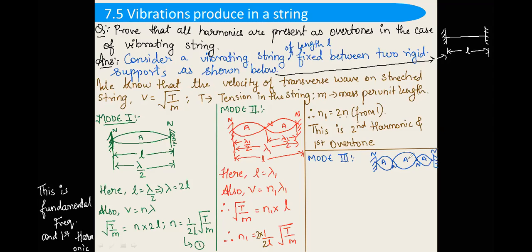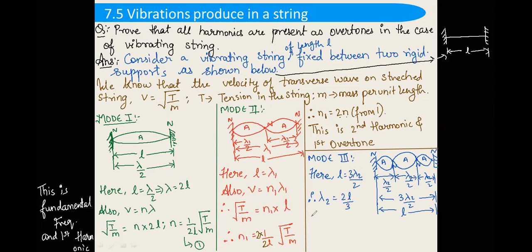If you see, how many loops are there? There are 3 loops. The distance between alternating nodes is lambda by 2. So this is lambda 2 by 2, this is lambda 2 by 2 again, and next is lambda 2 by 2 again. So in general, how many lambda 2 by 2s are there? There are 3 lambda 2 by 2, right? 1, 2, 3. So 3 lambda 2 by 2. And the length of the string is small l. So we can say here, the length of the string is 3 lambda 2 by 2. So the value of lambda 2 will be equal to 2l divided by 3.